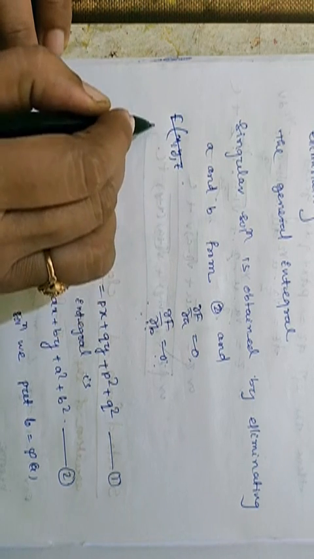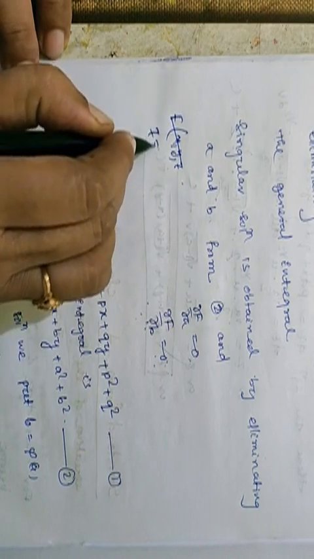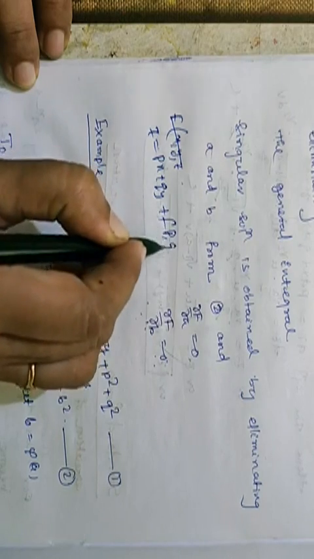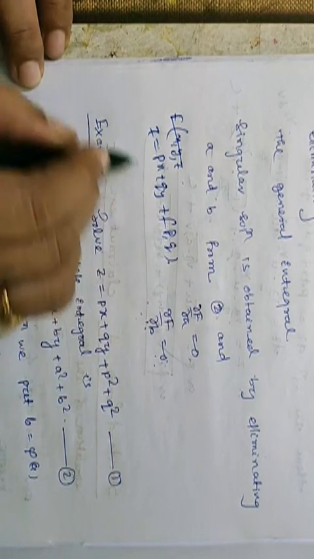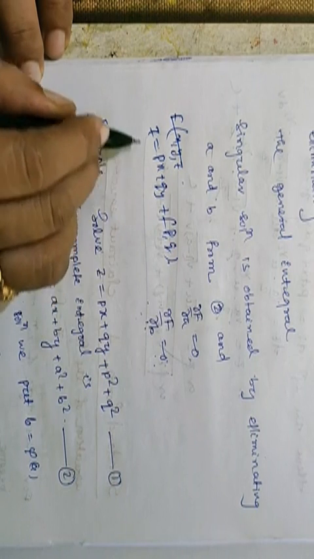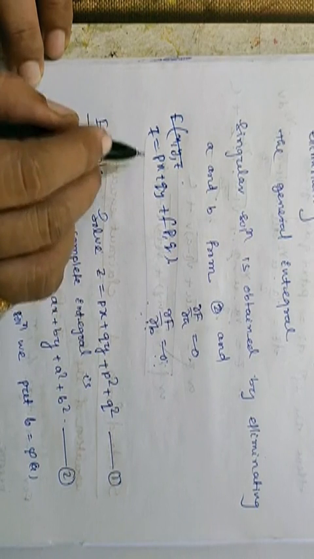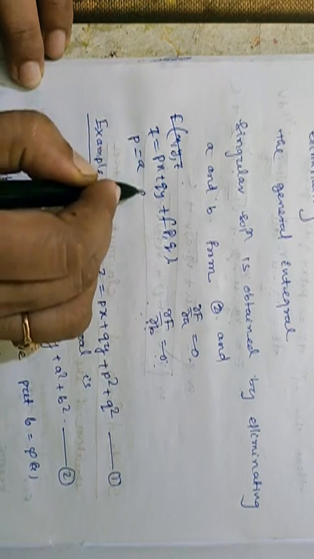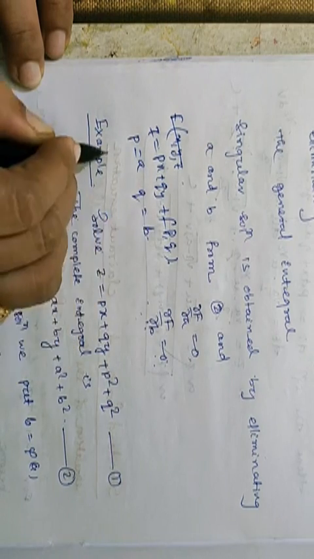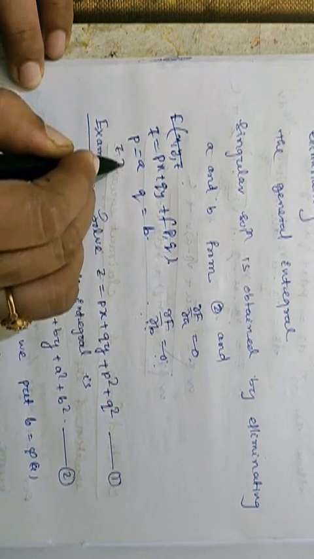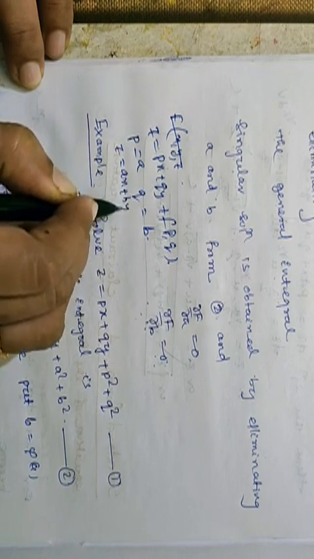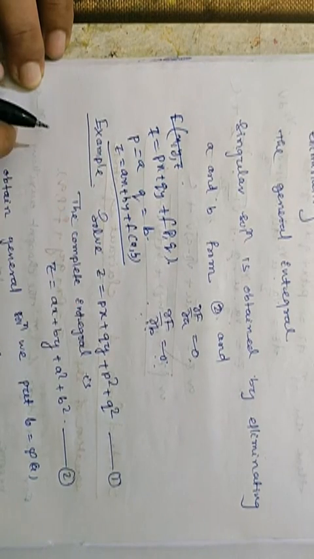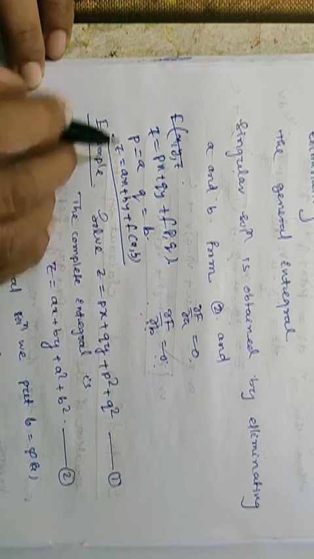It is of the form z is equal to px plus qy plus f(p,q). So directly we will put, without finding the auxiliary equation, because we know that it will be true. So p is some constant and q is some constant. So what we will get is z is equal to ax plus by plus f(a,b). This is our complete integral. Simply this is our complete integral.